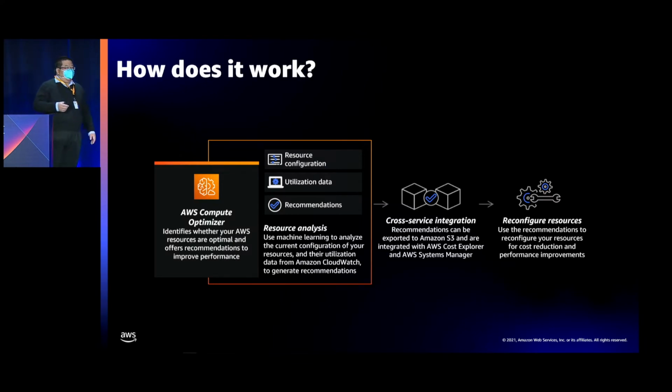On one side, having recommendations is very important because that's the reason why you use Compute Optimizer. But on the other side, being able to easily access recommendations is also equally important. So let's talk about how you can interact with Compute Optimizer. As a service, it goes without saying that Compute Optimizer recommendations are available through the Compute Optimizer console and APIs. But there are also a lot of other places you can get these recommendations. So let's just name a few.